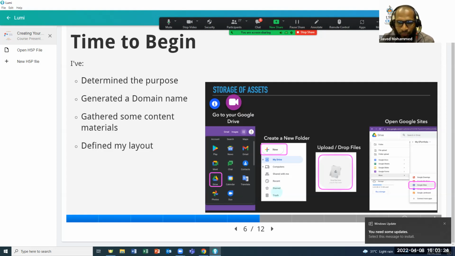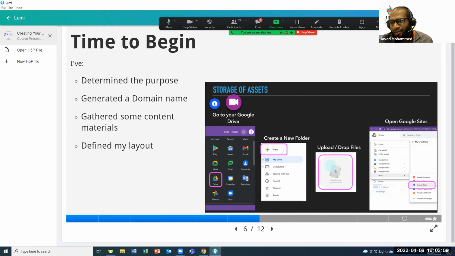When you select Drive, you'll be taken to your Drive. And here you can create a new folder. To create a new folder, in the top left of your page, you would see the Add New button. You click that button and you select Folder. You're creating a new folder. Give the folder a name and upload all the files or assets that you are going to use for your amazing ePortfolio.